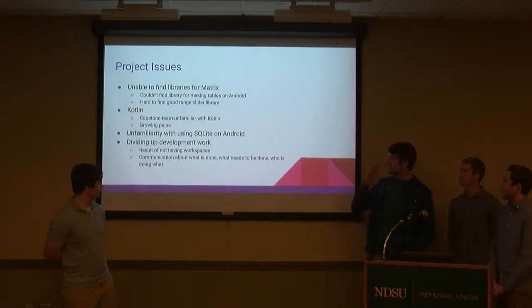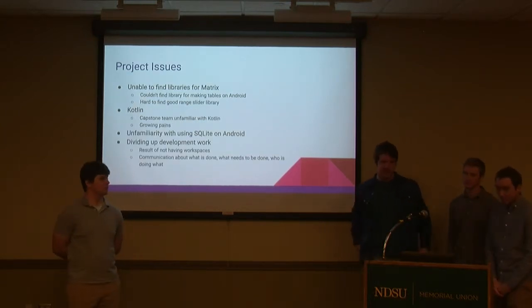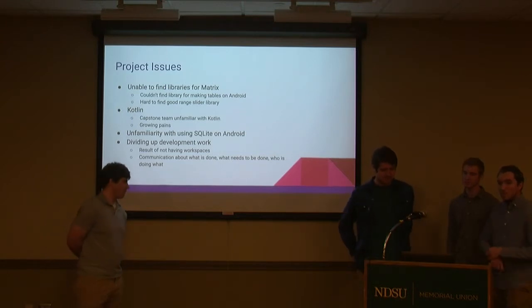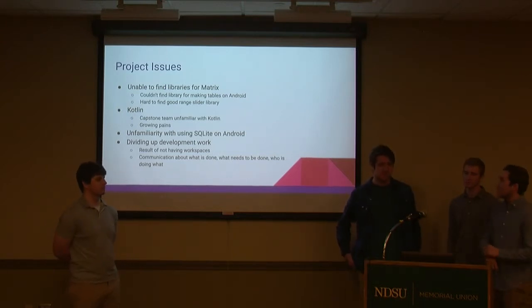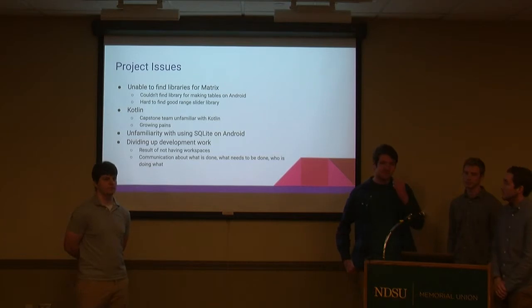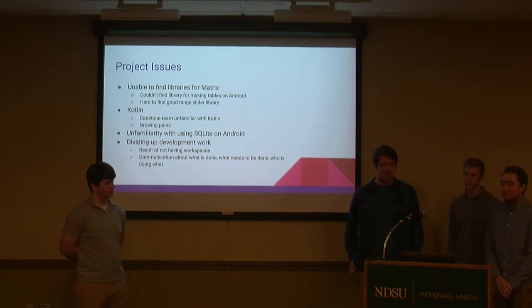All right, so some of the issues we ran into while working on this project. The risk matrix itself was one of the most difficult things to build. We didn't really know how to do it at first. We asked the Myriad Android team for ideas about libraries we could use, and they ended up giving us some that we didn't use. So we found a way to make it work.